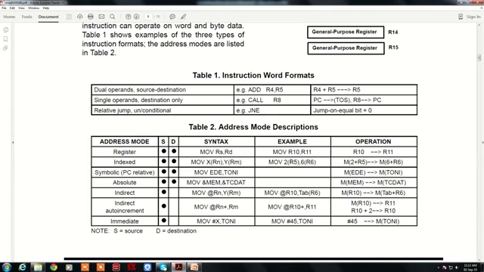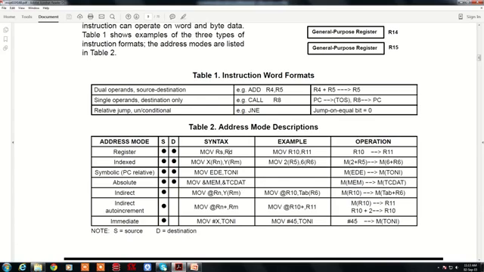Similarly, you can have an index value specified as a part of the instruction. So the resultant address is R5 plus 2. So whatever memory location that indicates, the contents of that memory location will be transferred to the destination memory location, whose address is specified by R6 plus index value. So these are the indexed addressing.